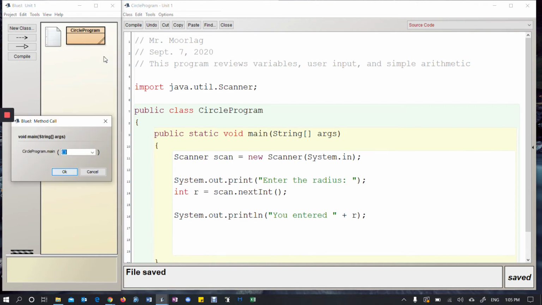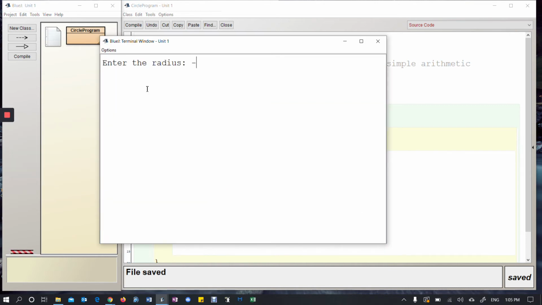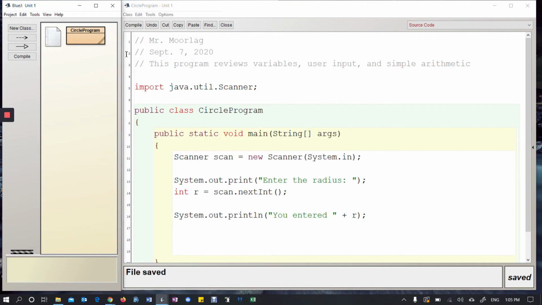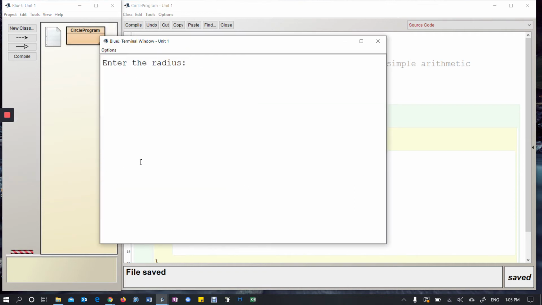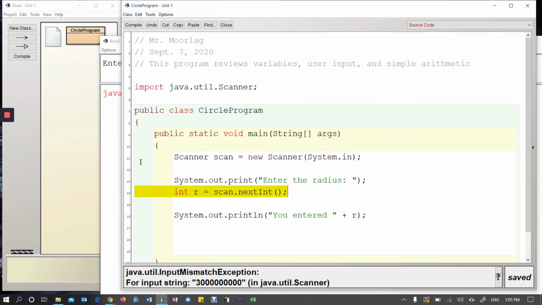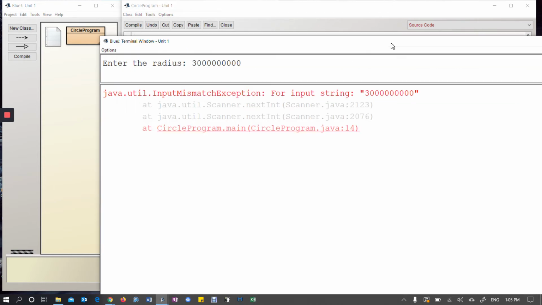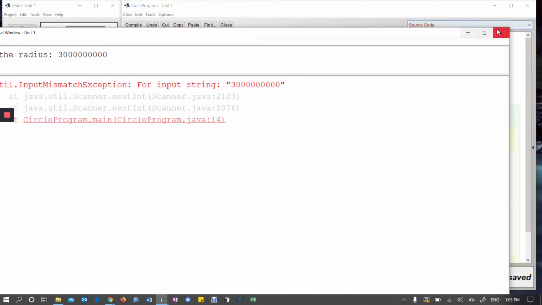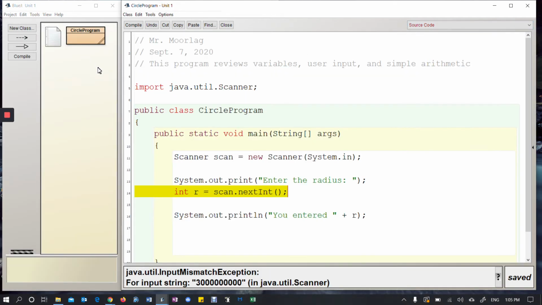What if I entered negative 873? Okay, so it works. You entered negative 873. What if I enter 3 billion? Okay, then it crashes. And the reason why is because 3 billion is too large to fit inside an integer variable. So if you remember from last year, the largest int that you can use is 2 to the power of